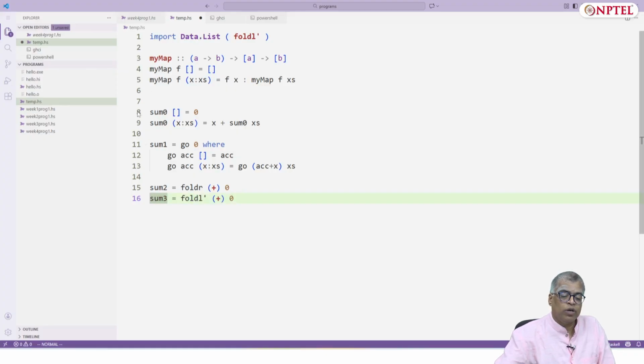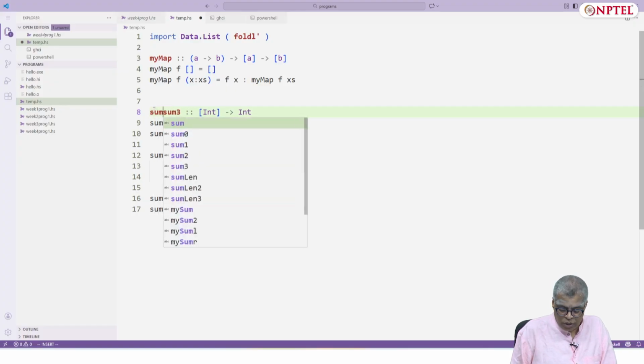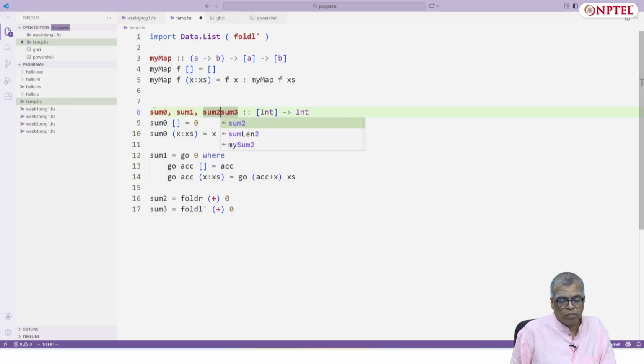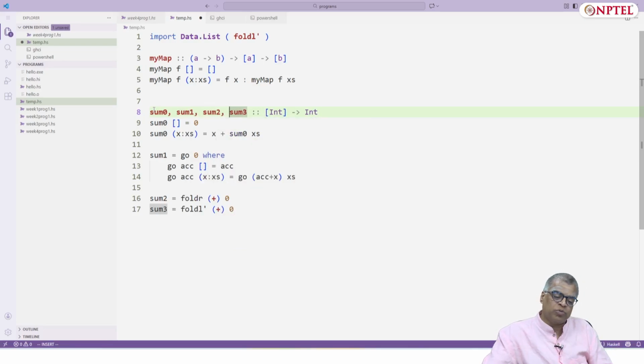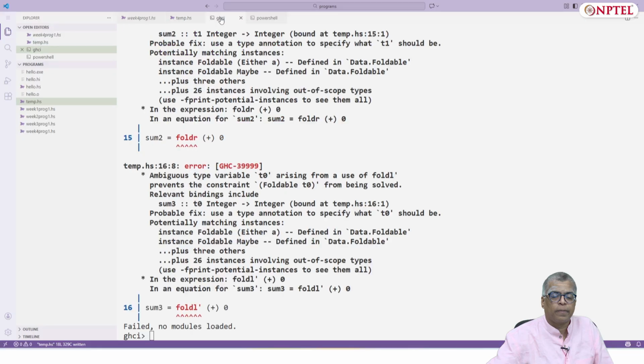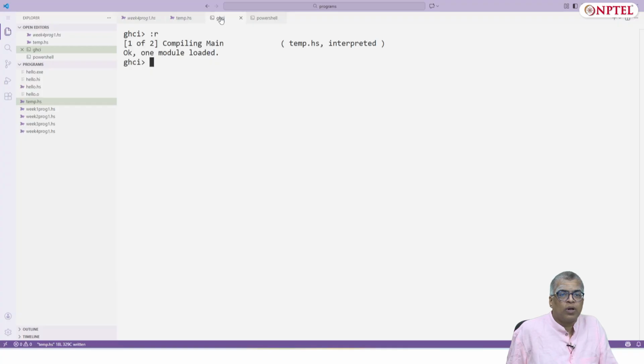So let me just go here and give types for all these functions. If it is all the same type, you can give types for multiple functions on the same line. Okay. So let's hope now it compiles. Let me clear the screen. Let me reload. Now it compiles.